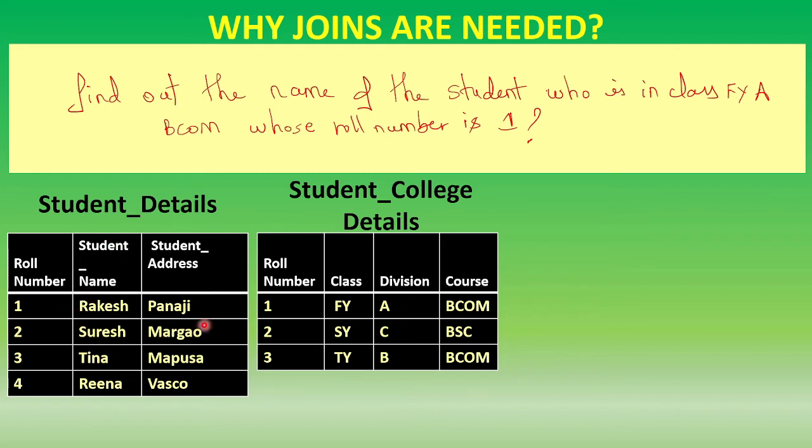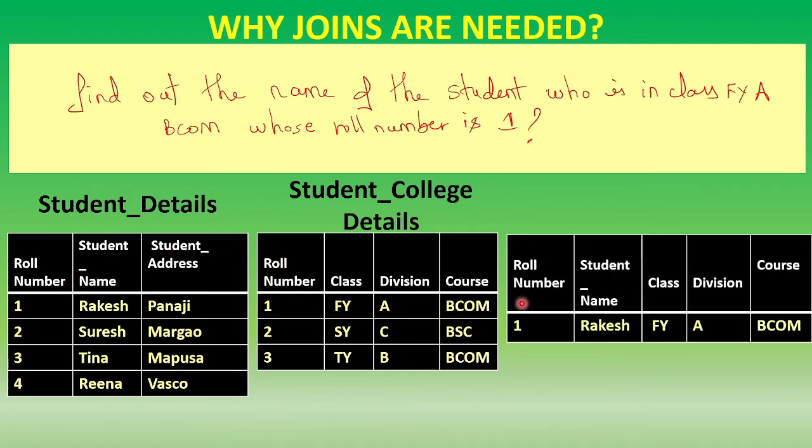Now in our example we have only 2 tables. Both the tables will be combined and the answer will be given to your query. Query means any question you have asked. So the answer will be given by combining both the tables. When you join the tables, there should be one column common between both the tables. If you see the student details table and the student college details table, there is a column called roll number which is common, because the roll number column is there in both tables. So you can combine them.